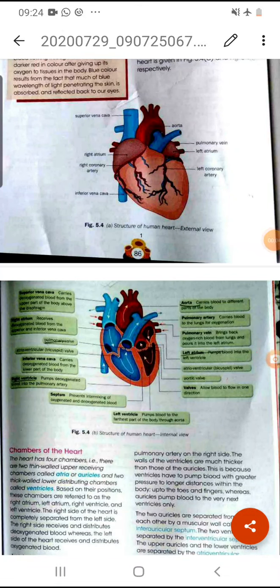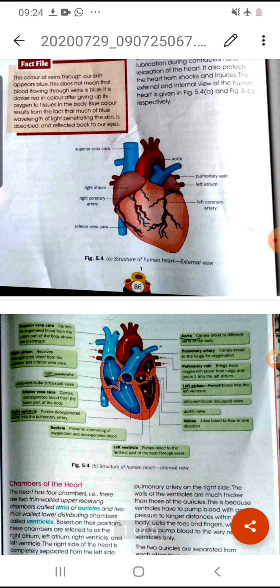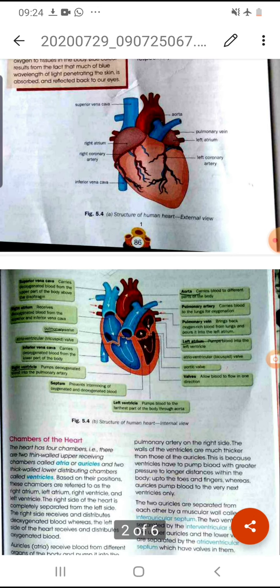So today we are going to start the structure of our heart. In our previous classes, I think you have cleared all your doubts. So let's start with this portion. This figure number 5.4 is actually the external view of our heart. Okay, and the next figure is actually the internal view or the sectional view of